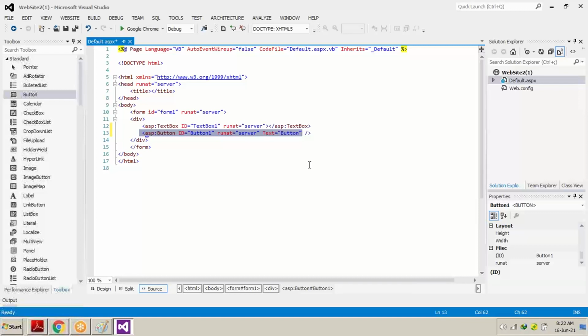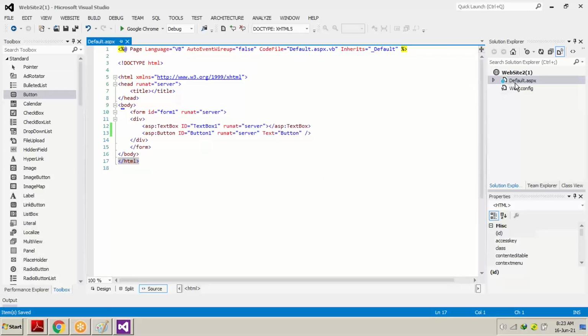If you write HTML codes in Notepad, you're going to write the entire code with the head tag. The head tag is over here, and the head tag is closing over here. The body tag is over here, the body tag is closing over here. The form tag is over here, the form tag is closing over here. The div tag is over here, the div tag is closing over here. The HTML tag is on the top, and the HTML tag is at the bottom. We will save the page, and we will run the page.